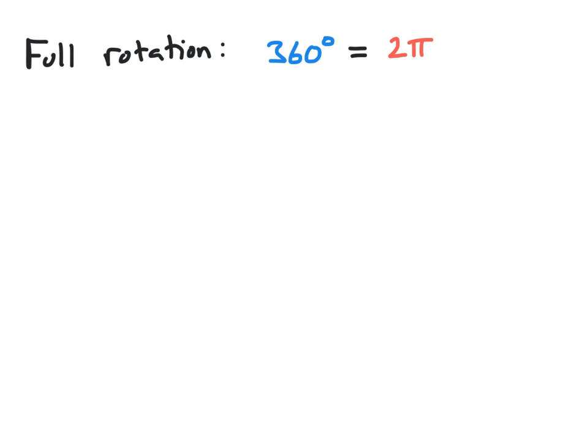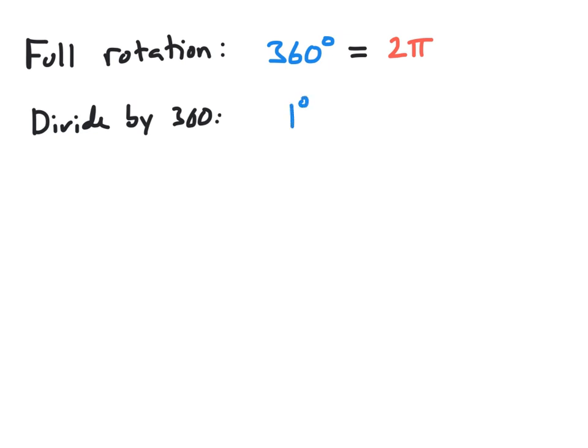To see how we can easily convert between degrees and radians, we're going to consider what happens when we have a full rotation. We know that a full rotation is 360 degrees when measured in degrees, and 2 pi radians when measured in radians. So we're going to start with this equation that says 360 degrees equals 2 pi radians. Remember that when we do not explicitly make a label for the unit, we're implicitly assuming that that unit is in radians. So if we take this equation and we divide both sides by 360, what we will get is